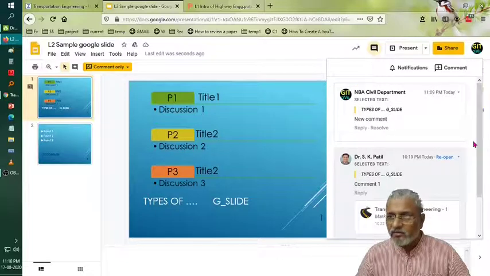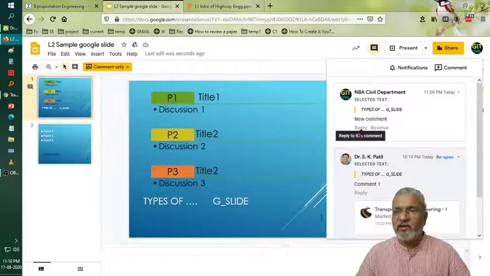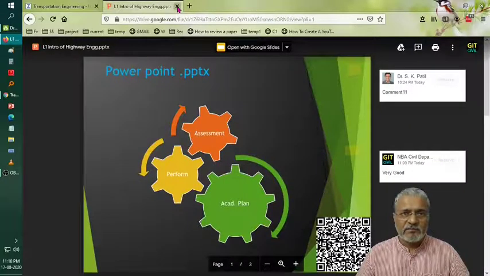Okay, where is the new comment here. Okay, this query has been added. Now he is able to identify it and he can just resolve it or reply to it, and it will reach that particular faculty and student. It is a nice way of collaborative working. So this way the student can add and edit the content.